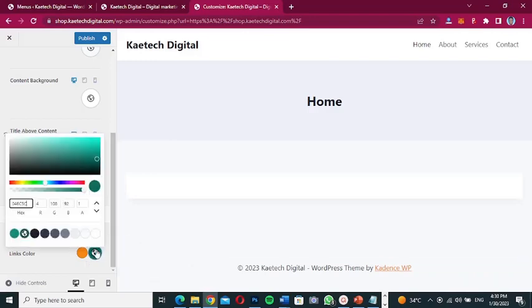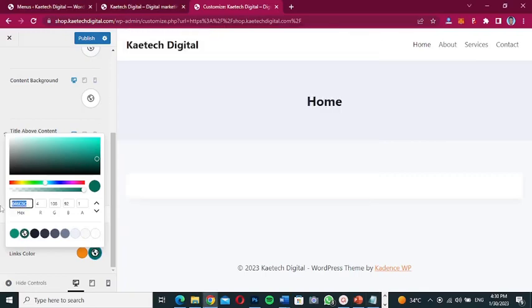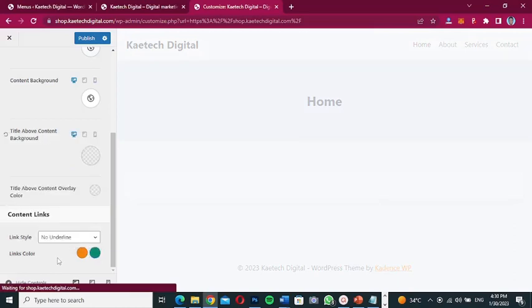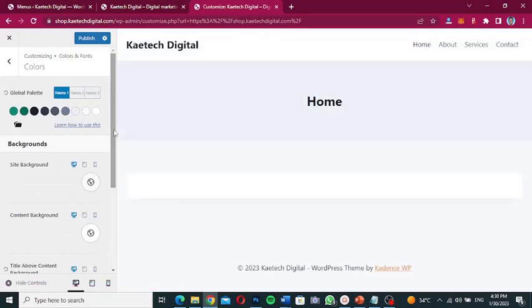So over here also, I'm just going to copy this color code, that is the green color code, copy it, come to this place and paste it over here. Now I am done with my colors for the website. Now I can go back over here